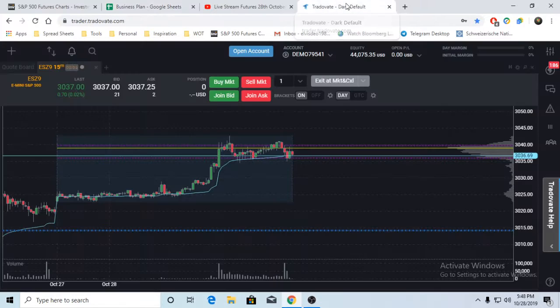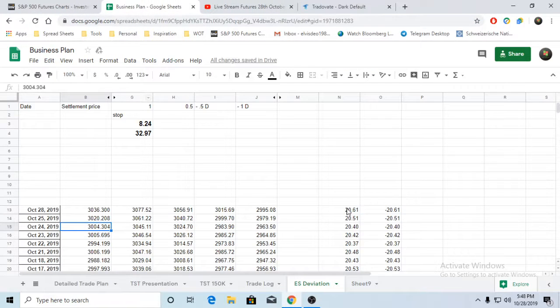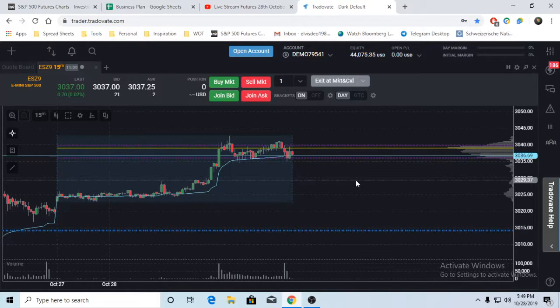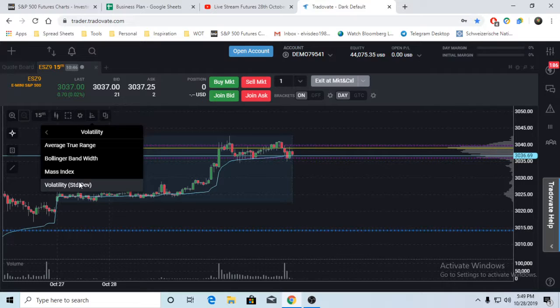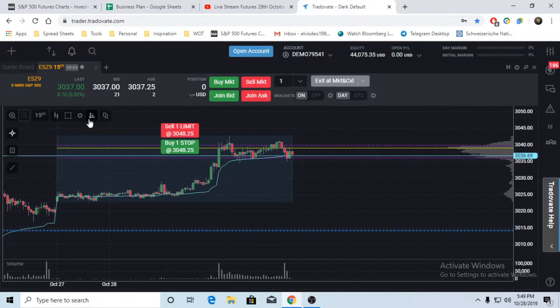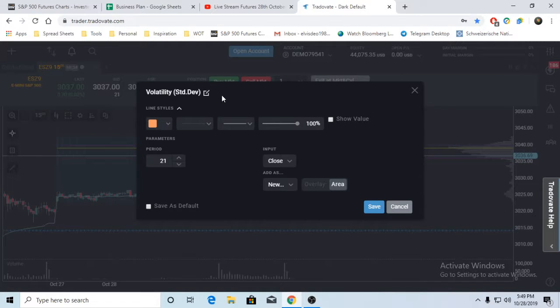So if you want a simple way to get somewhere close to what I have, you can see my 0.5 deviation is close in 2.61 as of today, 20.61 points. So it's a simple indicator for you guys to have your volatility, which is a standard deviation, or something similar. You're going to have the trade weight, or just trade weight. This is our old one, so I'm just using this for sure. So you can see volatility, standard deviation,